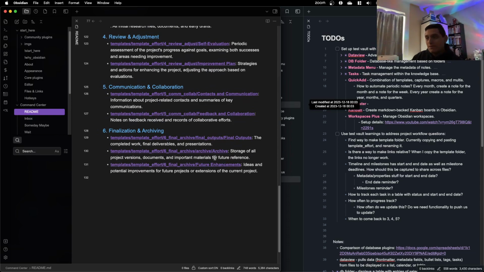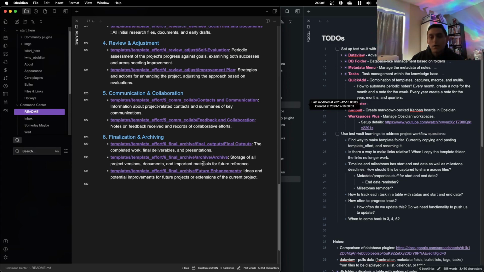There's also archives, so files that we no longer need in the project. And then the last thing is just future enhancements. So maybe this project could lead to something else, or we can extend it to bring back more benefits if we see there's more value in extending it.